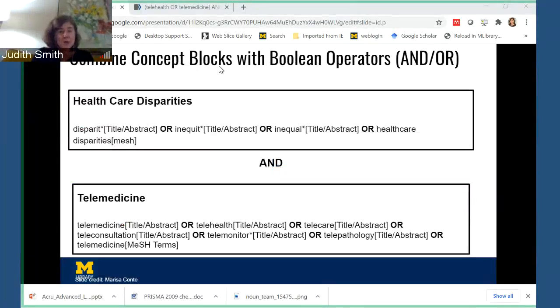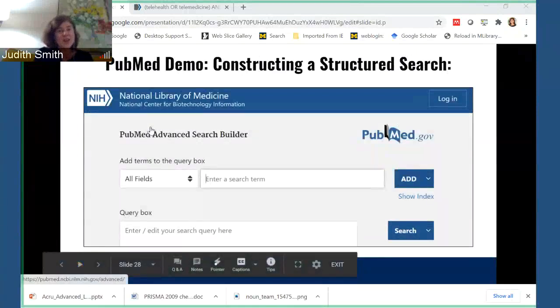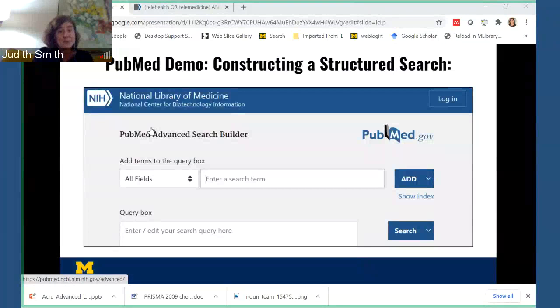So we're at the point where I'm going to show you how you would search for each concept block, and then you would combine them. It's detail work, and it feels very deliberate, but this is the way that you can approach any database that you're going into. Not Google Scholar, because they don't have that capability, but conceptually, it's the same in Scopus.